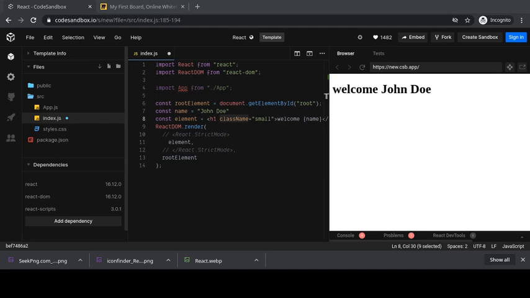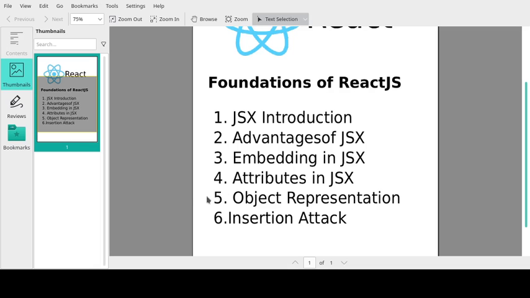Now we have seen how to pass an attribute to a JSX. Now let us see what are the advantages of JSX. The main advantages of JSX are it will prevent injection attacks.